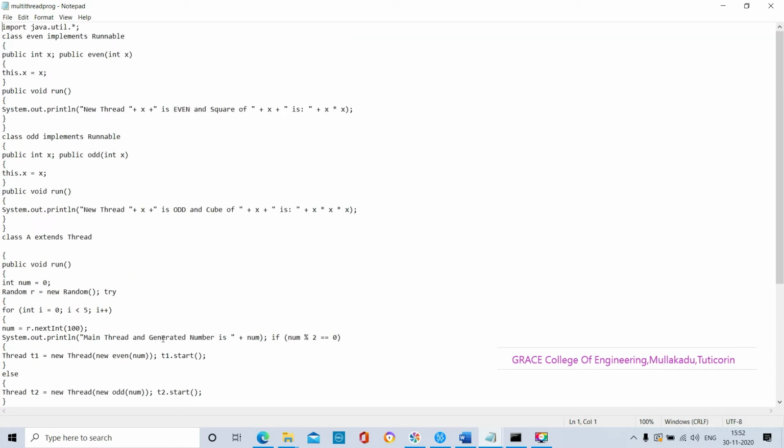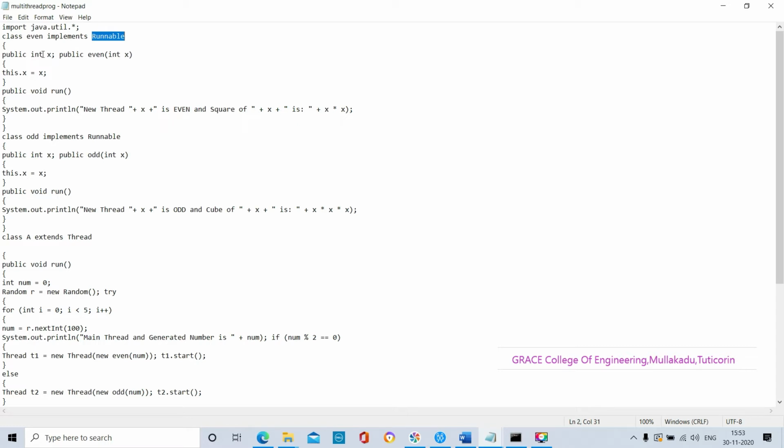So this is our program. Here we are importing the java.util package and its classes. The asterisk represents all the classes present inside the java.util package. We are importing those packages and classes into our application program. The class name is Even, and it implements the Runnable interface. Runnable is the interface. Whenever we use an interface, that is also known as multiple inheritance, where we derive one class from multiple classes.